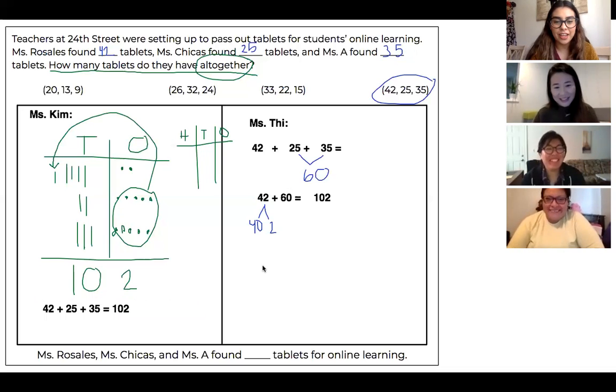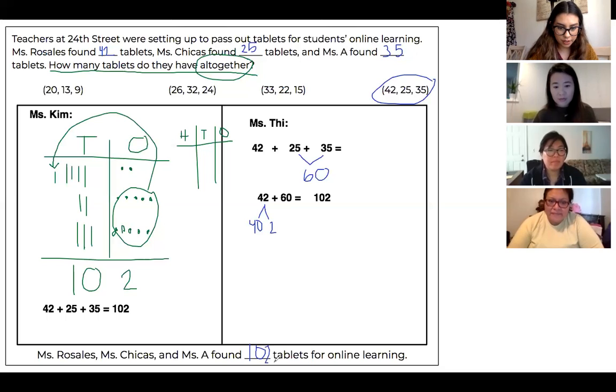Thank you. And then I love how we used friendly numbers. And that was a very great strategy that you taught us right here, knowing that 5 and 5 make 10, even though they're in another number, right? And so sometimes it's hard for us because, like me, I get really nervous when I see big numbers and I kind of freeze. But we need to make sure that we're just taking our time, taking deep breaths, and figuring out what's the best strategy to use. So our answer, I'm going to write it here for us, is 102